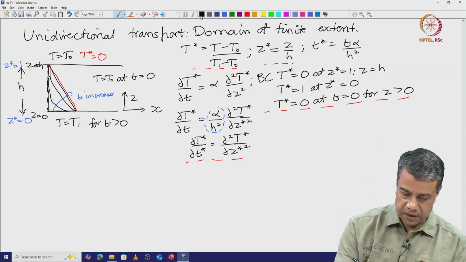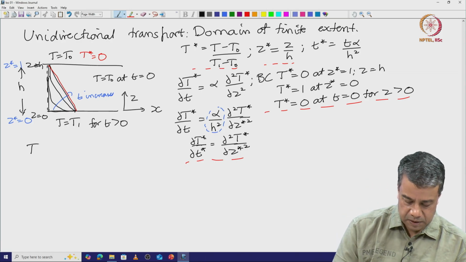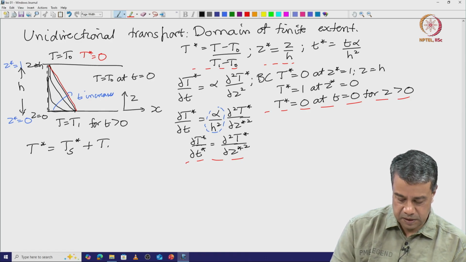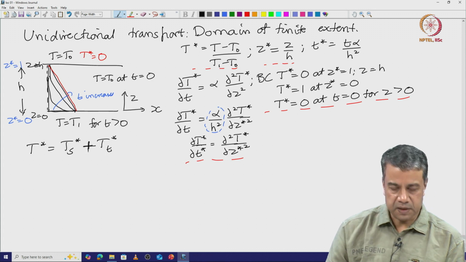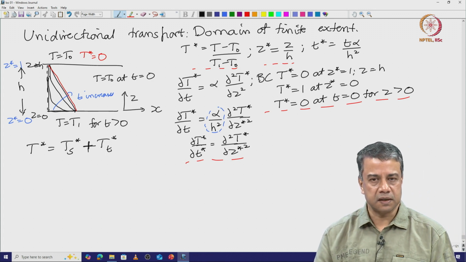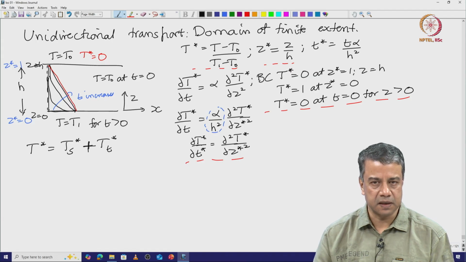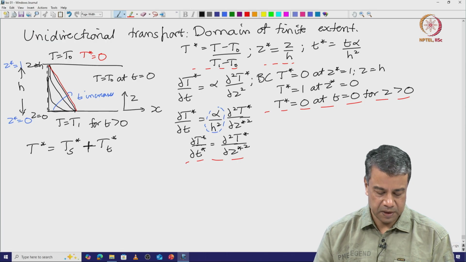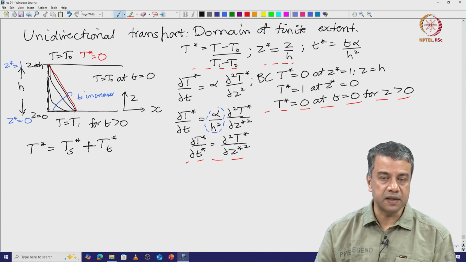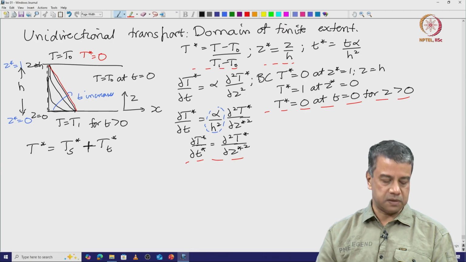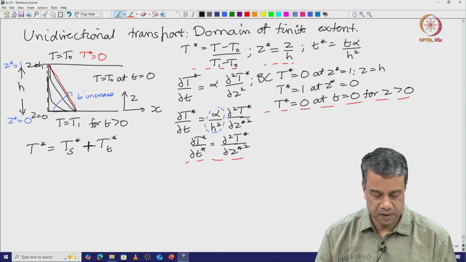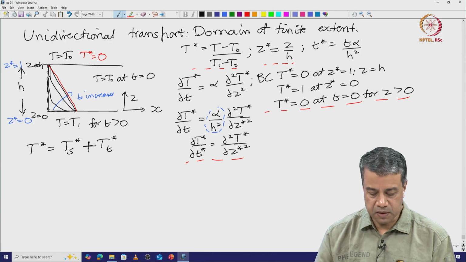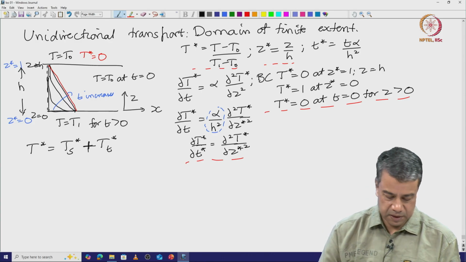So, I can express the temperature as the sum of a steady part plus a transient part. The steady part is the temperature in the limit as time goes to infinity. The transient part is the difference between the instantaneous temperature and the steady temperature. I can substitute this into the conservation equation, and I will get